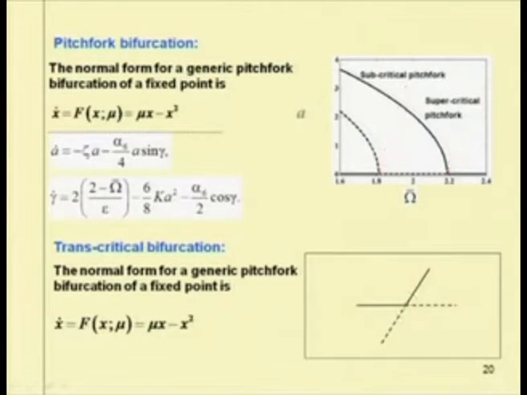So, this point is a supercritical pitchfork bifurcation point. But for this point, initially we have one stable trivial state, but after this bifurcation point we have both unstable trivial and non-trivial responses. So, as both the trivial and non-trivial responses are unstable, from a stable branch we are getting an unstable branch, that is why this is a subcritical pitchfork bifurcation point.